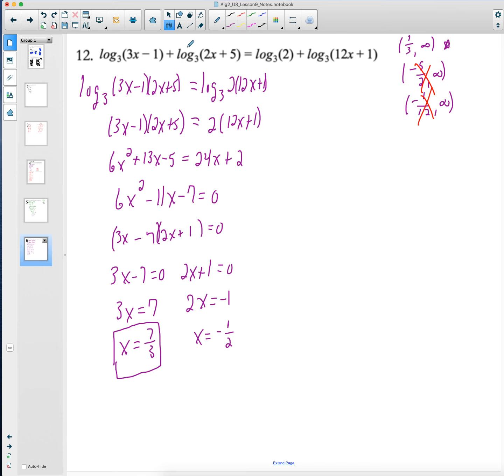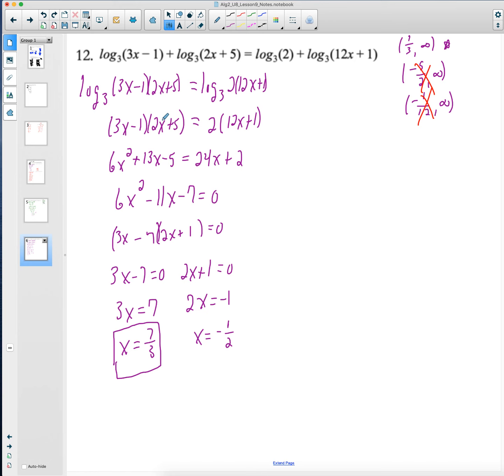All right, so now multiple logarithms on the left, multiple logarithms on the right. We need to condense both sides. So if I use my product property on the left, I get log base 3 of the quantity 3x minus 1 times 2x plus 5. If I use my product property on the right, I get log base 3 of 2 times 12x plus 1. Since the logs match and have the same base, that means the arguments have to match. So 3x minus 1 times 2x plus 5 has to equal 2 times